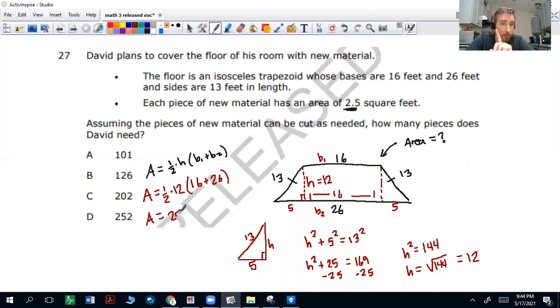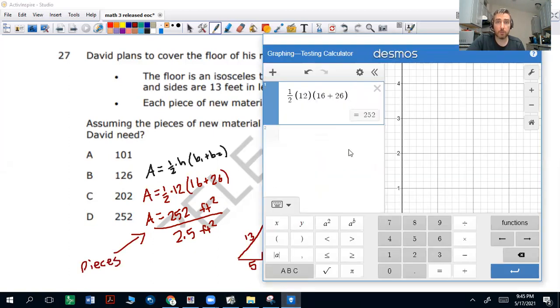That's not your answer. It says how many, assuming the pieces can be cut as needed. So each piece has an area of 2.5 square feet. How many pieces? So we have to take our 252 square feet. We have to divide by 2.5 square feet to get the pieces. So 252